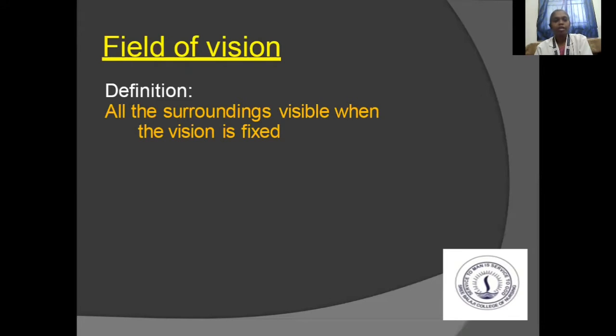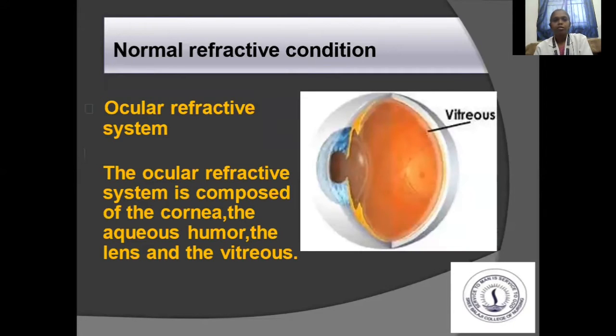So when you are checking the visual acuity, check whether the patient has a normal field of vision. Is there any issue in perceiving the vision, like any stimulus factors? Check all this, because without knowing these things, we won't be able to predict whether the patient is having any refractive error. So we have to consider all these factors. Then only can we predict what refractive error the patient is having. So this is the normal refractive condition.